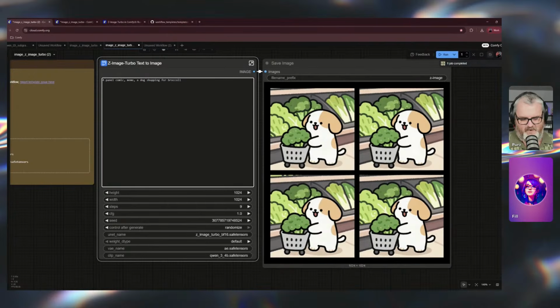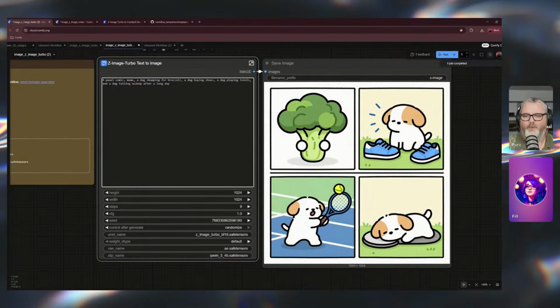A dog shopping for broccoli, a dog buying shoes, a dog playing tennis, and a dog falling asleep after a long day. I wonder if you can dictate the panels. Yeah, it doesn't have enough knowledge to infer. Like there are multiple steps to do. Oh, cool. Nice. I mean, it gave the broccoli eyes, but other than that,